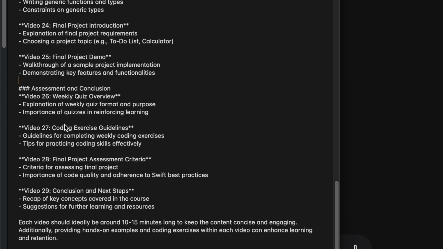Then in each week, we will have our weekly quiz. There I will explain what our quiz format will be and its purpose, and the importance of quizzes to reinforce learning. Then we'll also have coding exercises and the final project assessment before the conclusion of